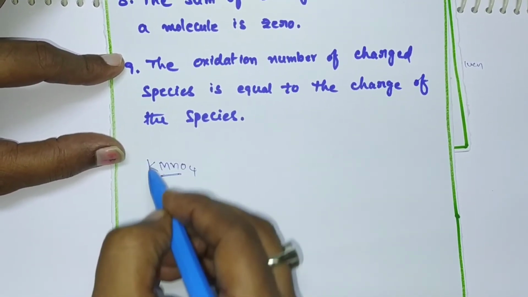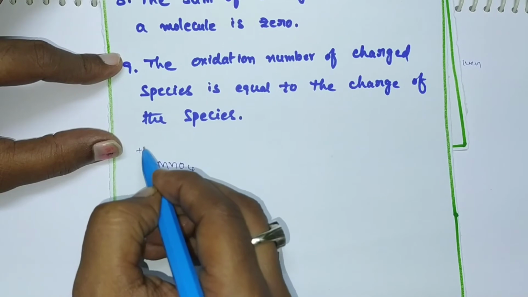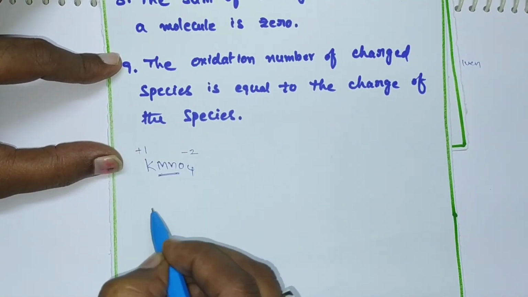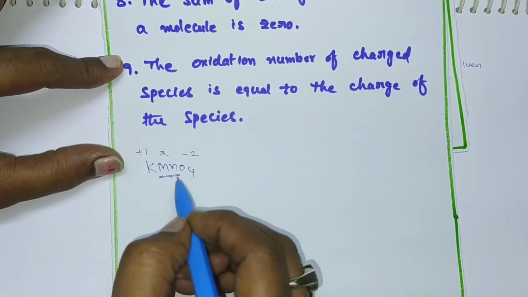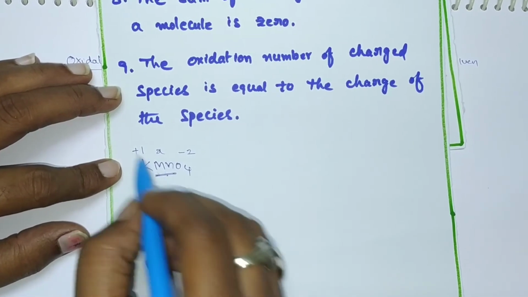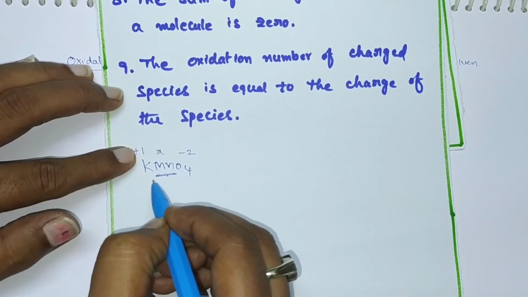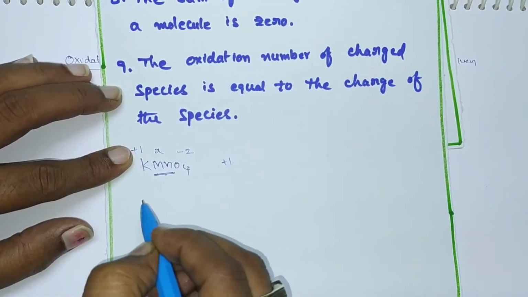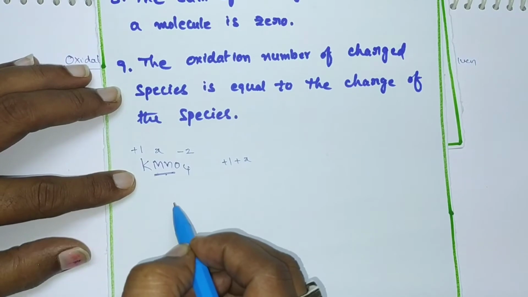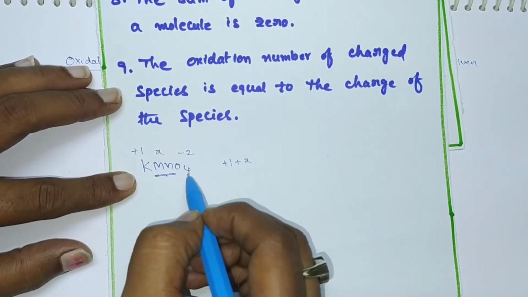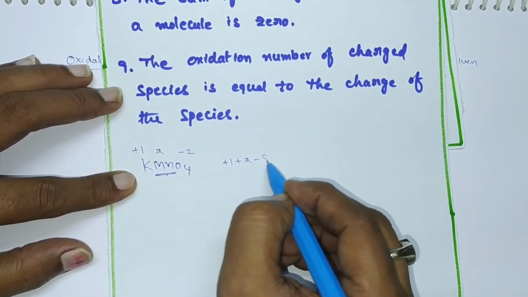For this we have to substitute the oxidation states of the first A group element and oxygen. The oxidation state of potassium is +1 and oxygen is -2. Let the oxidation state of manganese be X. For calculating it, we consider like this: one potassium is there that possesses +1 charge, and one manganese possesses a charge we don't know, that will be X. Here 4 oxygens are there, each possessing -2 oxidation state, so 4 into -2 is -8.